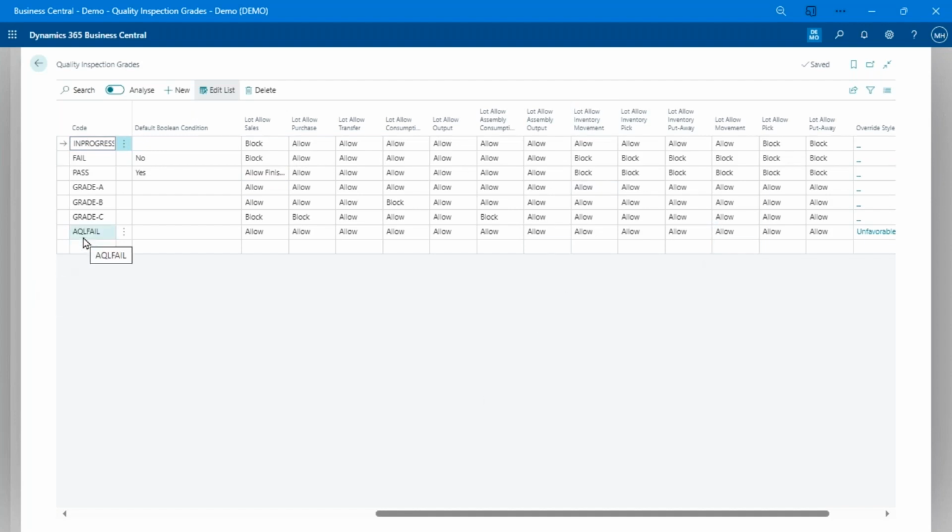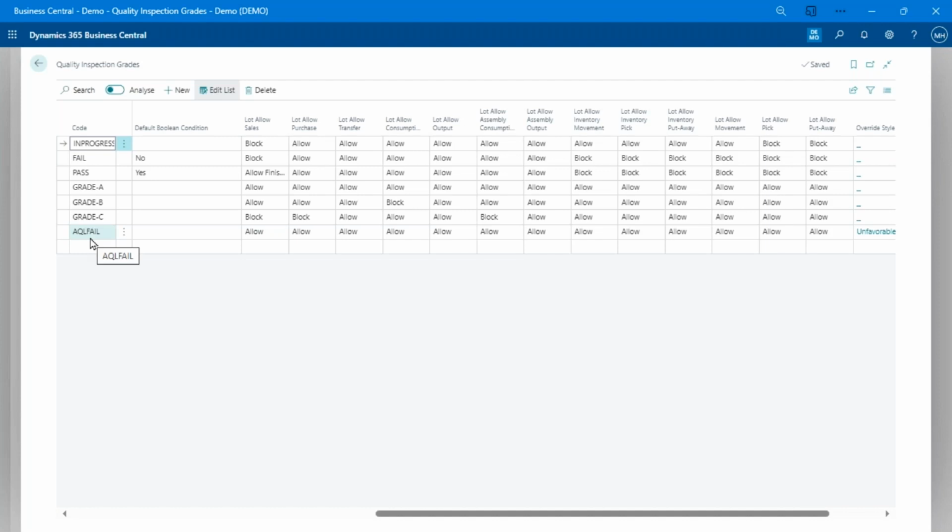This last one here, that's an acceptable quality limit failure code that you can set up. And what that does is we can use that to immediately terminate a test. So if something hits this AQL fail grade based on our configuration, we can go in and fail that entire test.